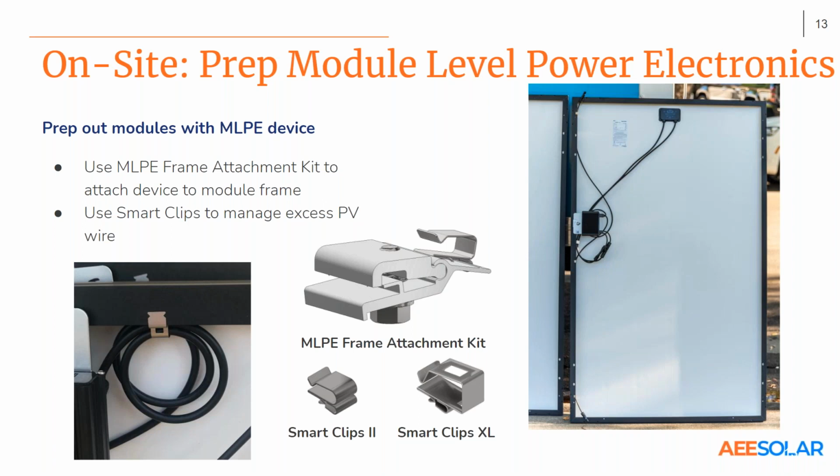I think we have another slide on more of the rail type system, so I can talk about that later, but it's so important to have this ready. That way it makes the modules plug and play once you get to the roof and you're laying them down next to each other. Yeah, and what I'm seeing, Andrew, is the cable at the end only has an inch or two of slack. So it's just ready to snap into the next one, and that's it. That's great. Yeah, you don't have anything hanging down below, as we saw how nasty that can get earlier.